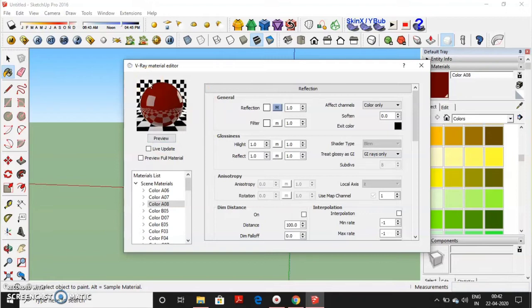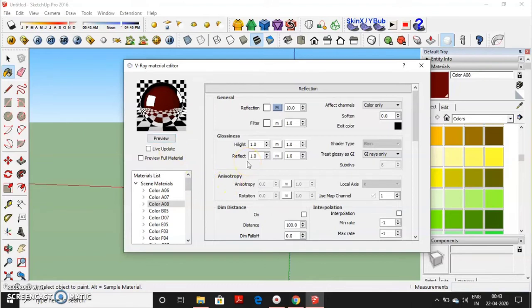So we can change the property of how to get the reflection and how much reflection to get. If you change the property here, and if I increase the value, you will get more reflection. Check the preview and see this way. Now it is converted almost to a mirror. Now if I put the value 10, this way I've changed the value of reflection according to my need to get the reflection on the material.